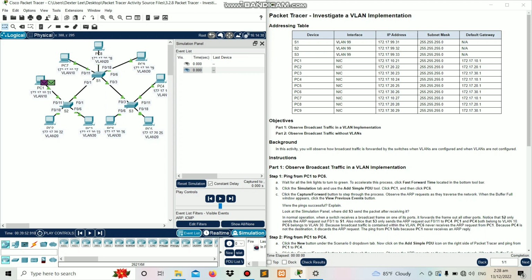Click the capture forward button to step through the process. Observe the ARP requests as they traverse the network. When a buffer full window appears, click the View Previous Events button. There you can observe the flow of the message from PC1 into switch 2, and then